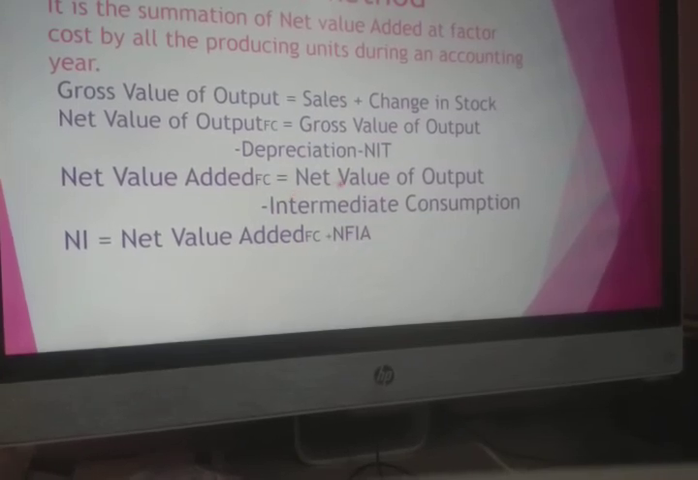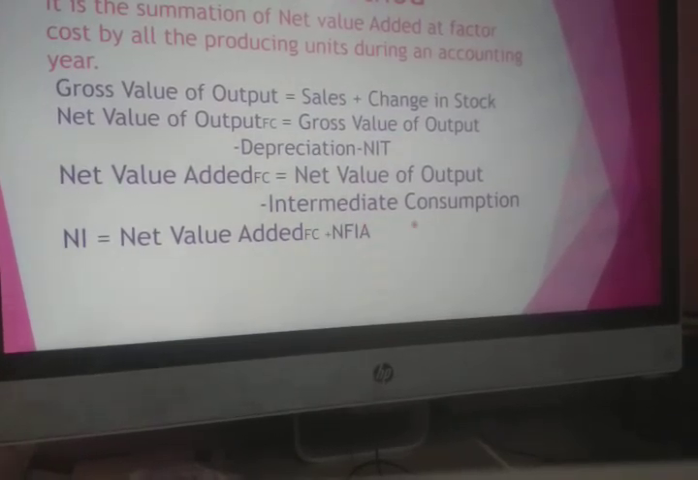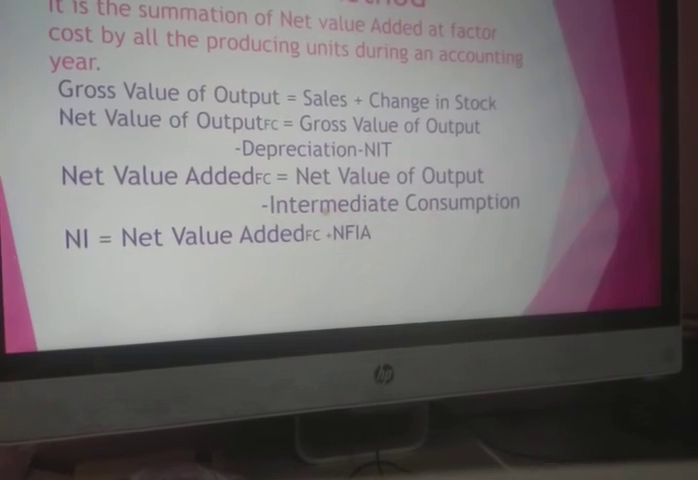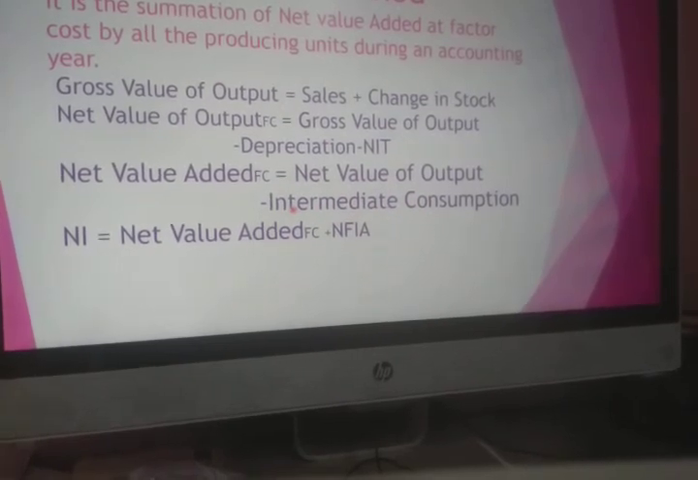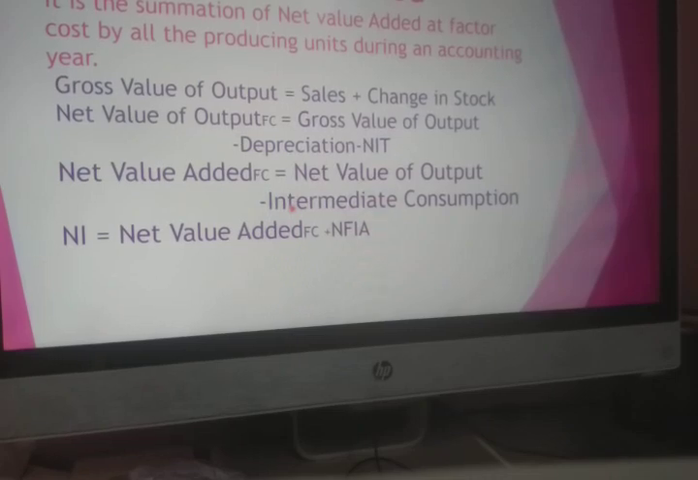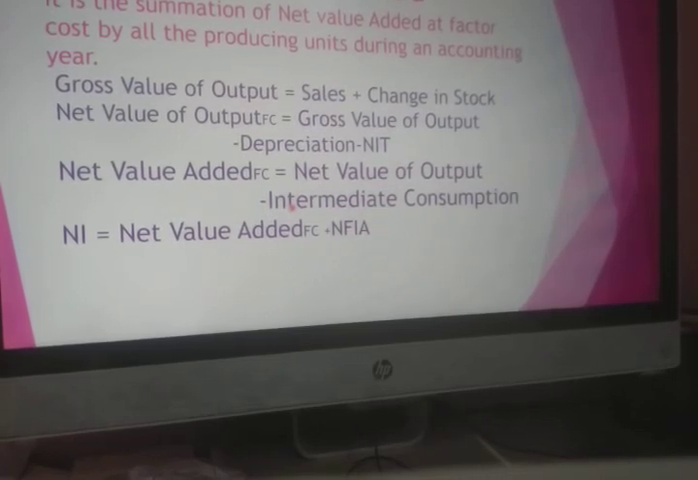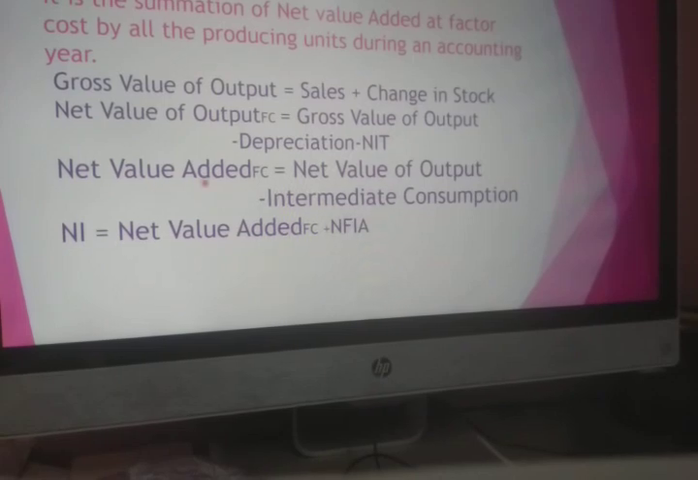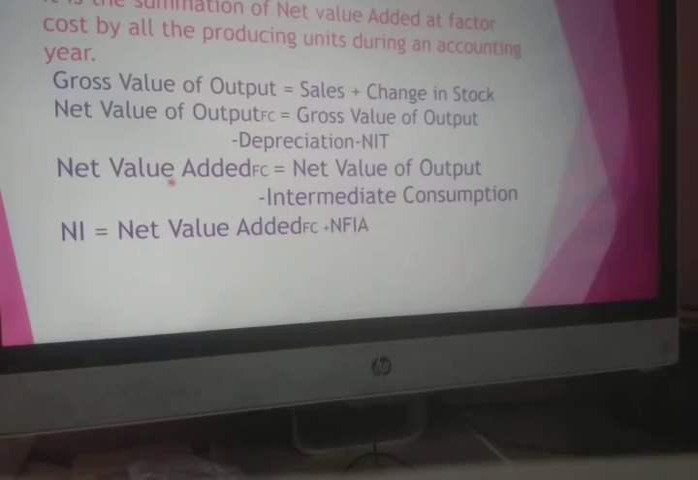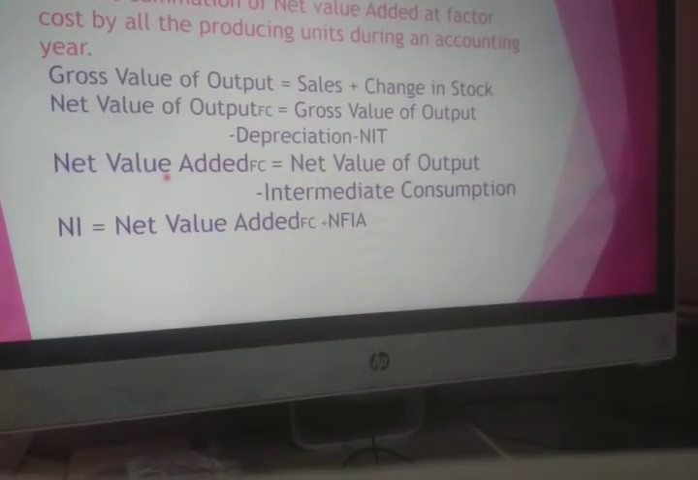subtract intermediate consumption. That means if you want to arrive at value added from the value of output, you have to deduct intermediate consumption. Intermediate consumption is the various goods and services used in the production process. And this net value added at factor cost is nothing but net domestic product at factor cost, or you can call it domestic income. Now, domestic income we are calculating here, and after calculating domestic income, if we want to